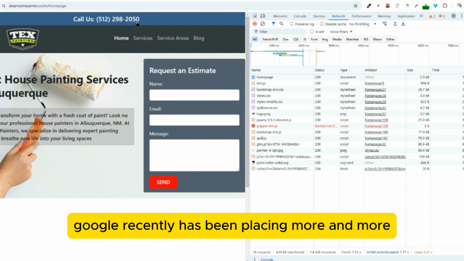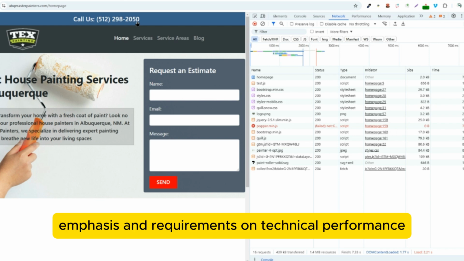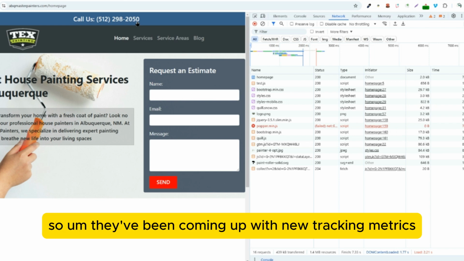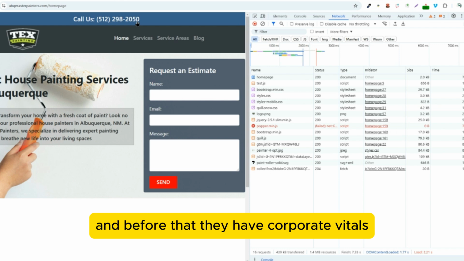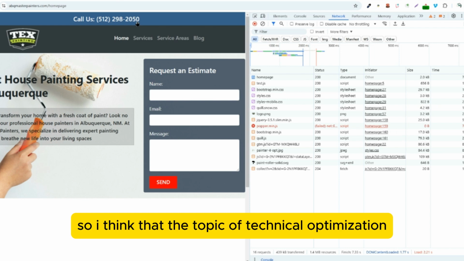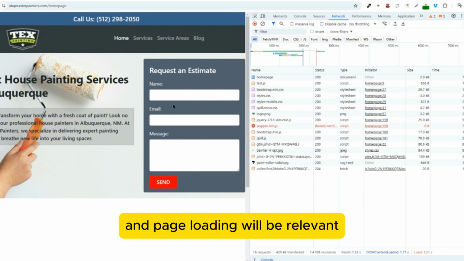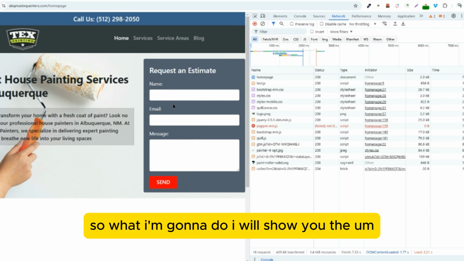And also Google recently has been placing more and more emphasis and requirements on technical performance, so they've been coming up with new tracking metrics like cumulative layout shift, and before that they had Core Web Vitals, and probably have some more right now. So I think that the topic of technical optimization and page loading will be relevant in the SEO industry in the years to come. So what I'm gonna do, I will show you